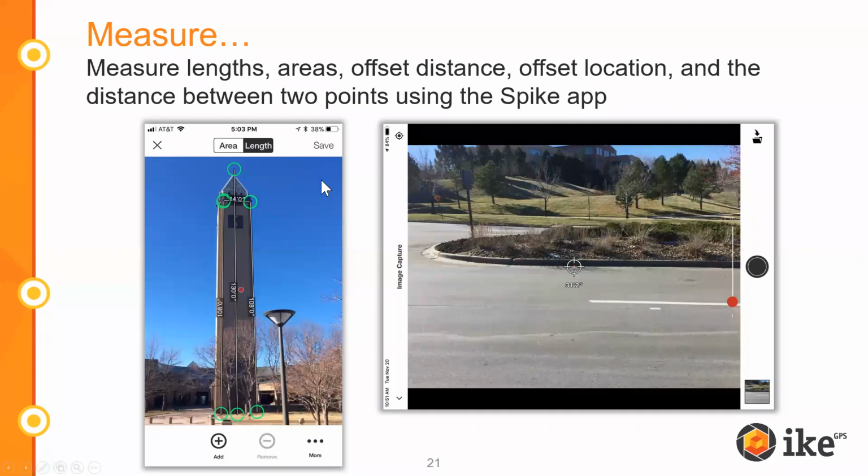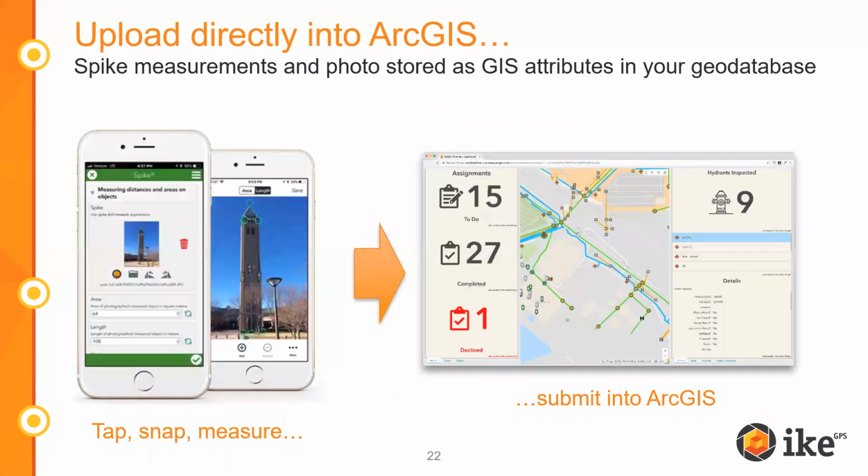And then once you do that, you can measure lengths, areas, offset distance, all those things that we talked about as a part of that process. So here we're doing a photo measure. We have a 2D plane, so we're measuring heights and widths and different things. I want to measure the width of this road, and so I'm measuring the distance to a target. So I'm standing on the side of the road, pointing it to the edge. So this could be a road, this could be a river, this could be an outflow from a point source pollution. You want to know the distance to the wetland, or vice versa, right? Point, click, shoot, loads into the forms, submit into ArcGIS, and I'm done. Just couldn't be that much easier, right?